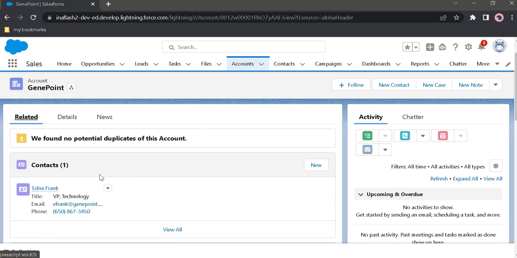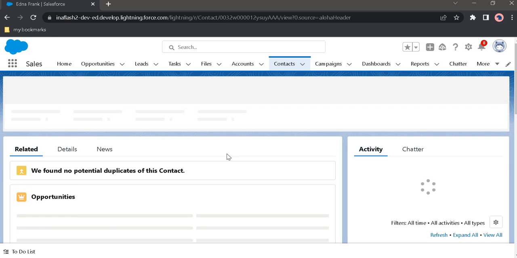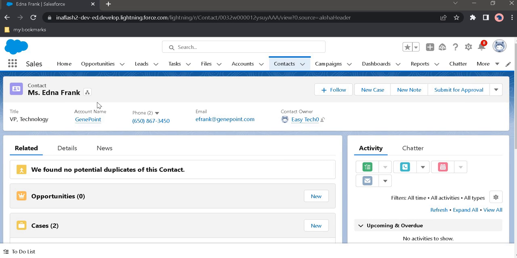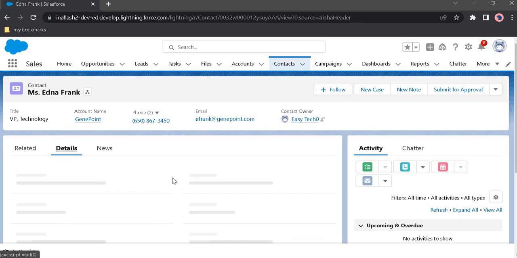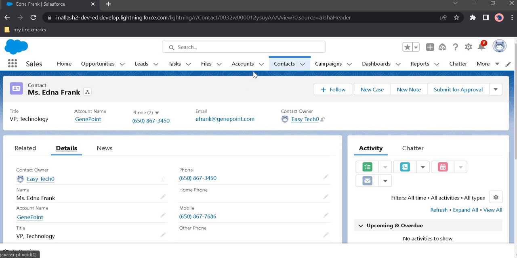We can find if any contact is related to the account. For example, there is a point of contact from that company with which the sales representatives will communicate regarding their sales. For example, Miss Edna Frank is the contact person for the account GenPoint. So we can find various details about these records in here.